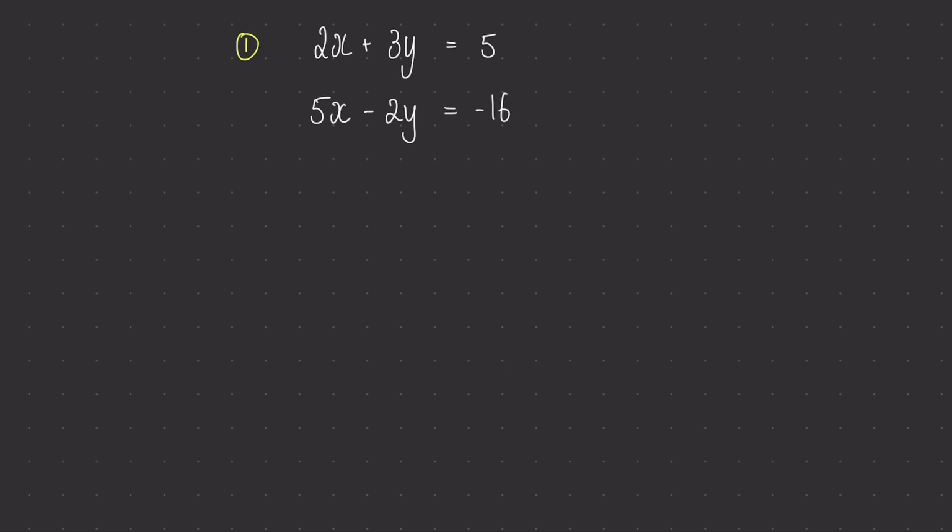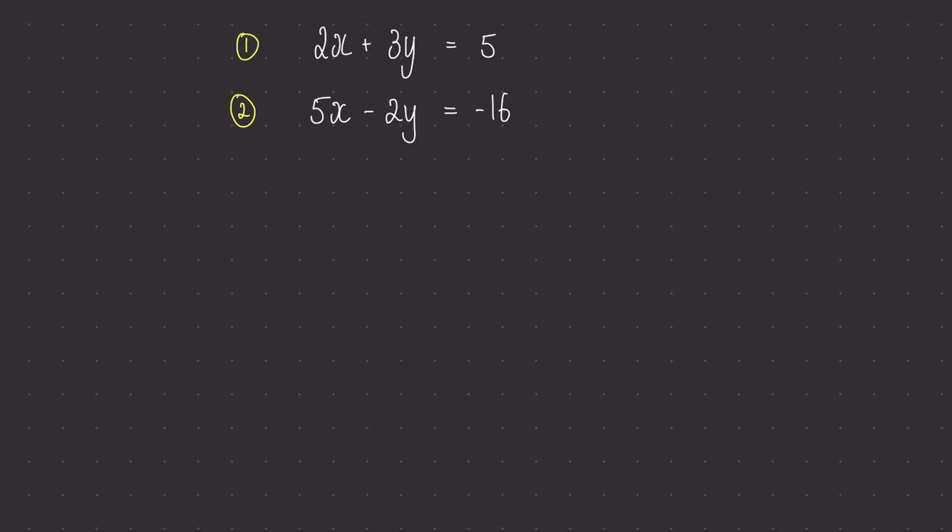Let's first label them 1 and 2, and then let's think about what we would like to achieve with the coefficients of either x or y. Here I'm going to pick the coefficients of x. I would like to make them the same. What that effectively means is I'm looking for the lowest common multiple of these two coefficients, the 2 and the 5. Now hopefully you will know that the lowest common multiple of those is 10,